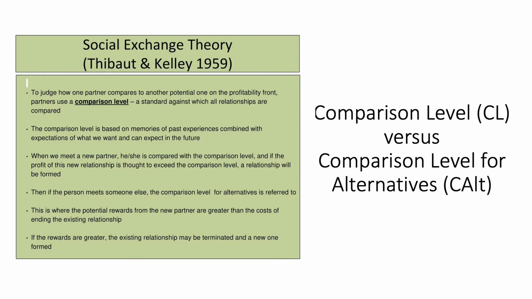However, whether we stay in the relationship or not depends on our comparison level for alternatives. So if you're in an unsatisfactory marriage, for example, even though you're unhappy and your costs are outweighing your rewards, when you look around outside of the relationship, your perception may be that, as bad as things are right now, they will be even worse if you leave. And so your comparison level for alternatives is very low. You're not going to have better satisfaction outside. So a more nuanced theory like this can explain situations in which people may stay in unsatisfactory relationships.